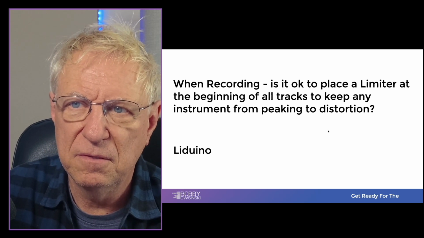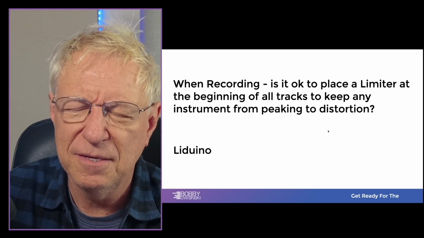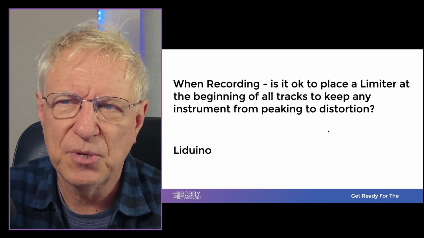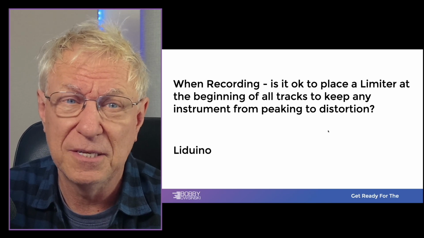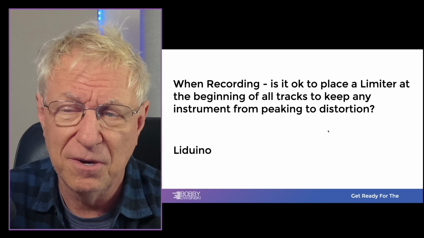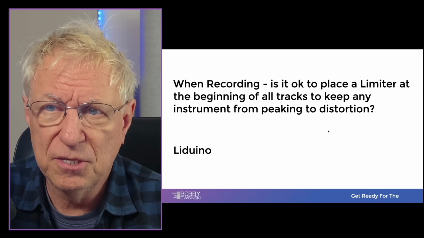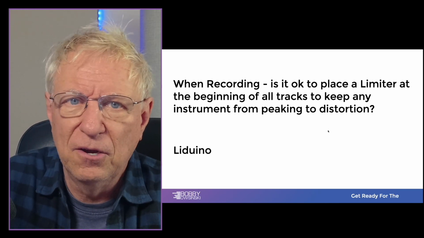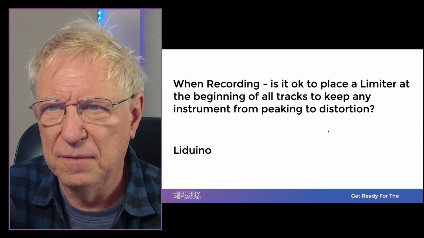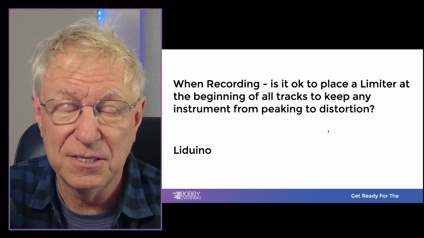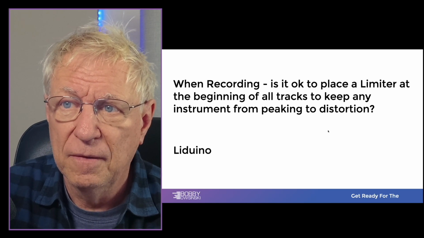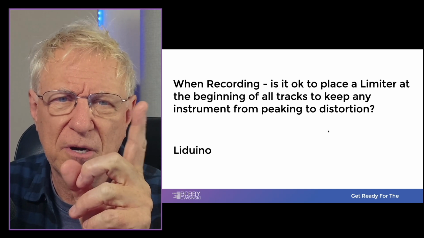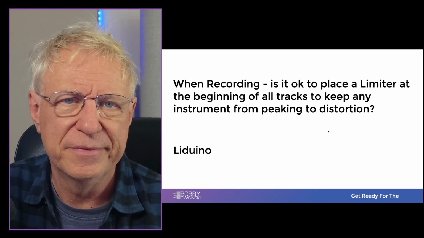Now, the exception might be if you've been recording for a long time and you know what this track is going to need, and you're positively sure that you're not going to change it later on. I know lots of engineers that do record with a little bit of EQ and compression, because they know that's what they're going to do later. But I would suggest, unless you have lots and lots of experience, not to do that. There are some engineers, myself included, that on a vocal might put a limiter on, but it's hardly working. It's just taking the peaks off by a dB or two. That's it.